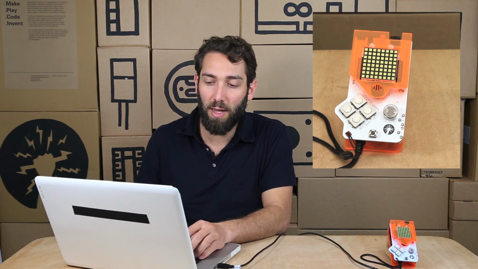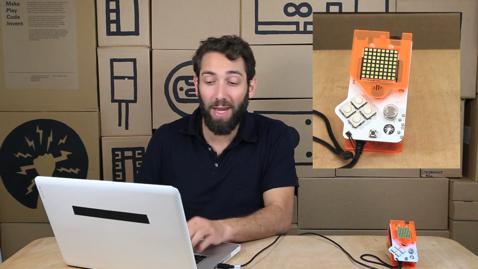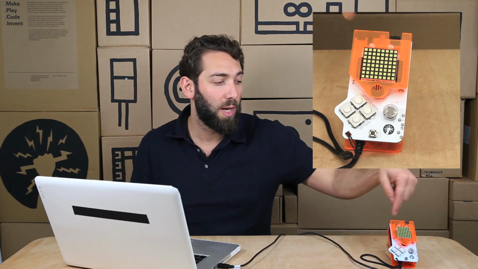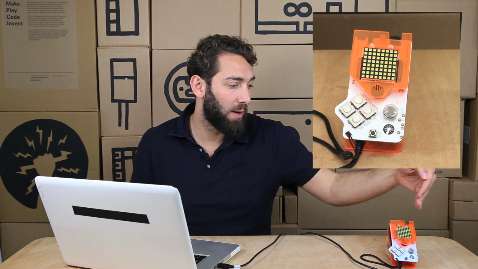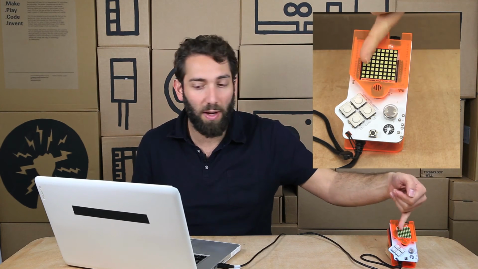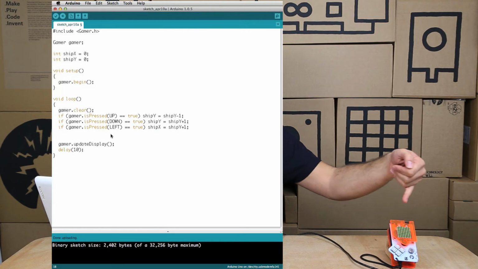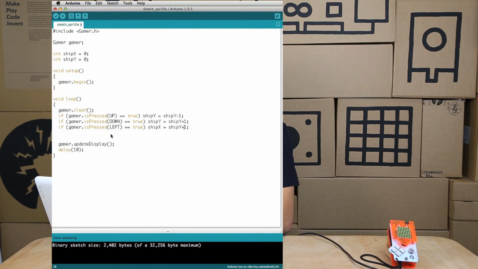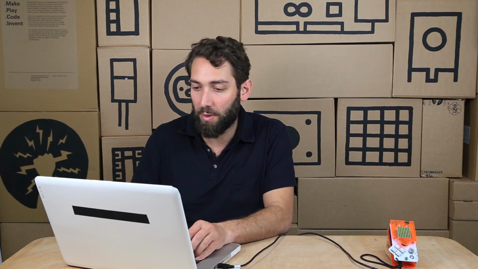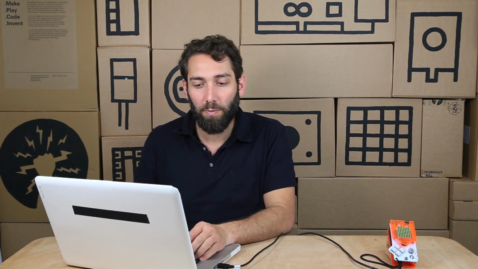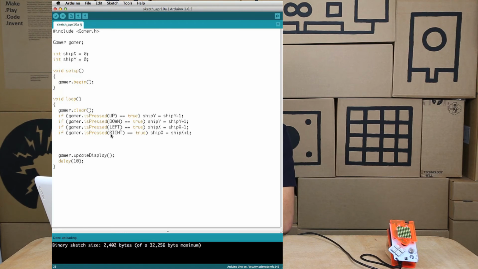Then we're going to say left. So what's left doing? Left is ship X this time because we're going left or right. From right to left, we're going from 7 to 6 to 5 to 4. So 7 to 6 is 7 minus 1, so ship X is equal to ship X minus 1. Then we copy and paste that again, and this time we're doing right. We say ship X is equal to ship X plus 1, because going from left to right, 0 to 1 is plus 1. Then straight after that, we say gamer.display, and we have to